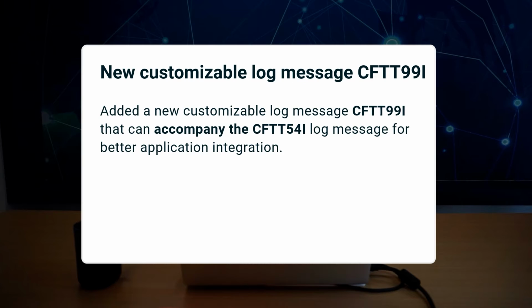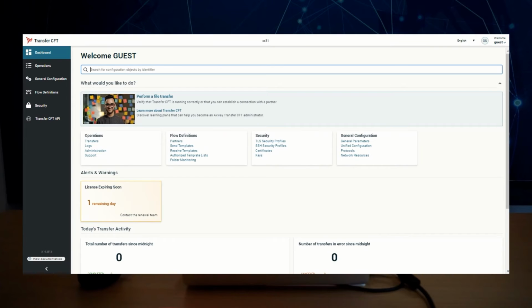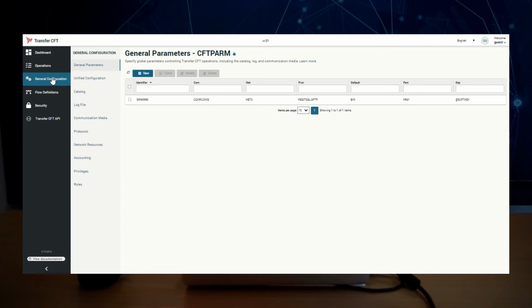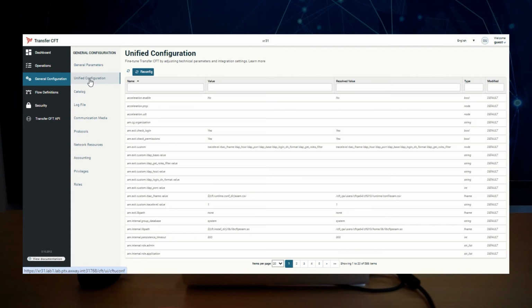Transfer CFT now features a customizable log message, CFTT99I, as will be shown in the following demo. Here is a demo on how to customize the log message CFTT99I that can accompany the CFTT54I log message. On the CFT UI main page, go to General Configurations, then click on Unified Configuration, select Custom,